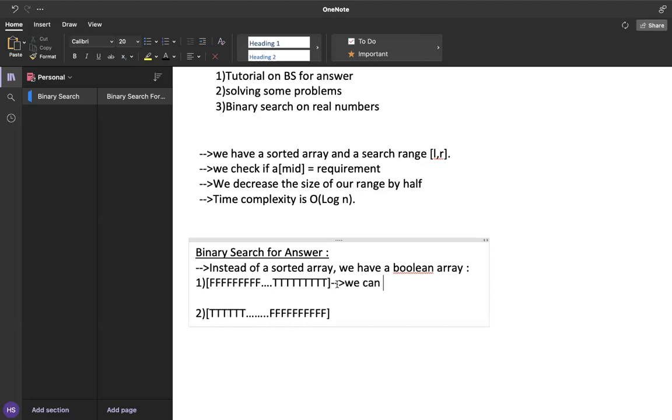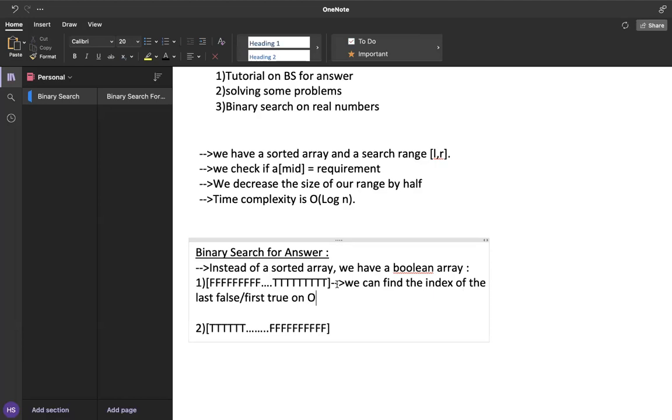So we can find the index of the last false or the first true in big O of log n time. Similarly, here we can find the index of the last true or the first false.